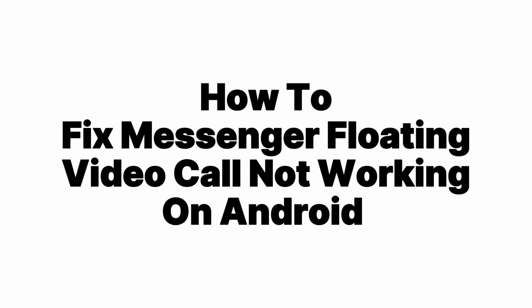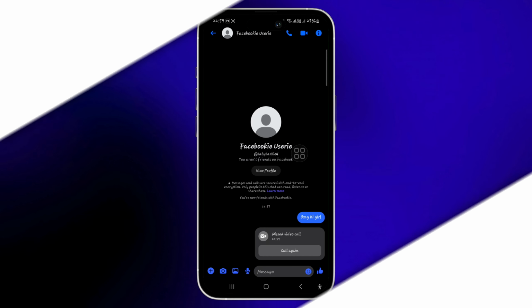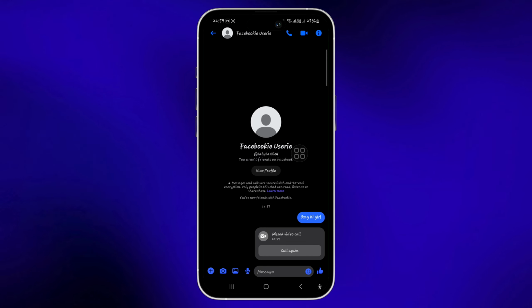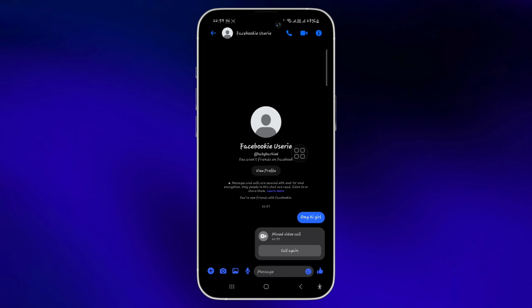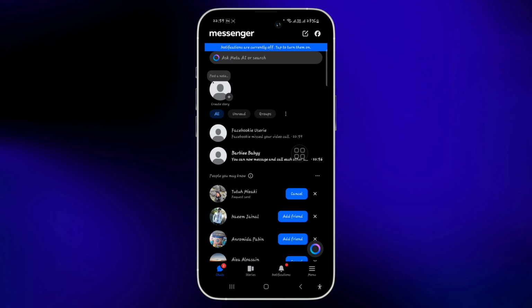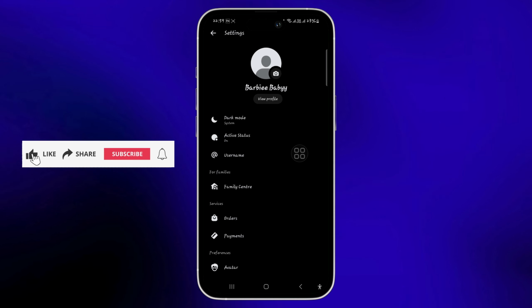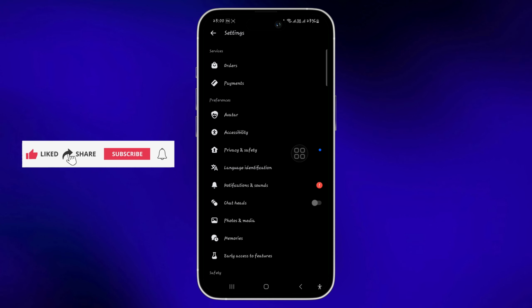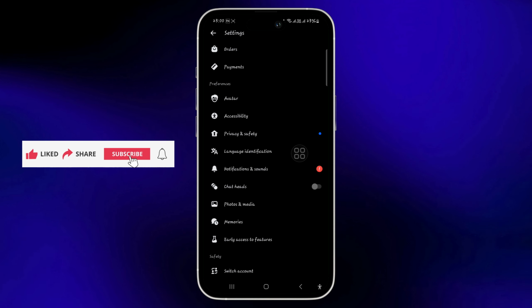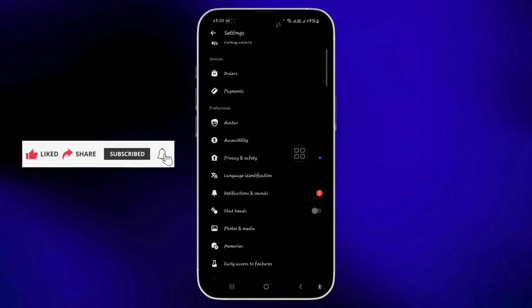If your Messenger video calls aren't minimizing properly or the floating bubble isn't appearing, you need to follow these simple steps. First, open Messenger, tap on the menu icon from the bottom right corner of your screen and go to Settings. From the Settings page, tap on Bubbles or Chat Heads option and simply toggle this option on